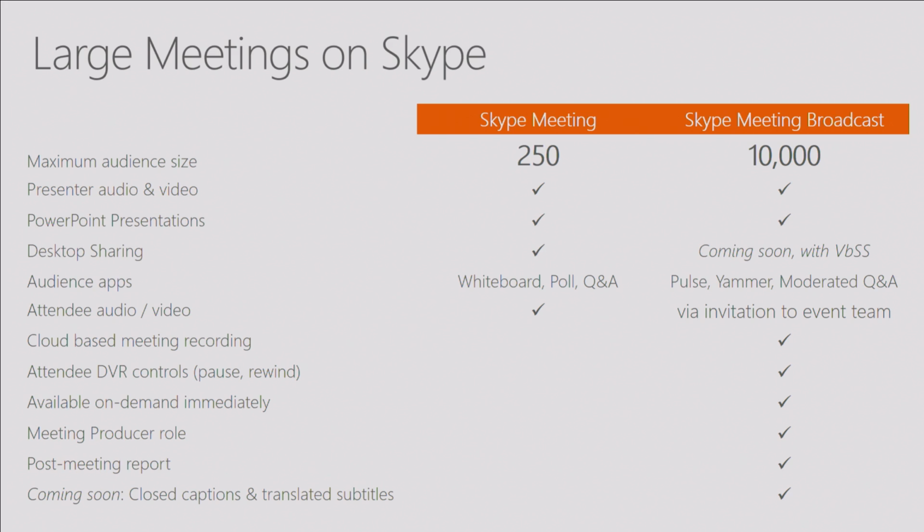We've seen people do things like use the Q&A as sort of a raise hand function, like, I have a thing I want to ask, can I be promoted? The event team members can actually invite somebody into the inner meeting as a presenter. They can add their audio there, and they can contribute in that way. So it's a promotion mechanism that we have to use. We can't do it really inline, but it can be achieved through this invitation tool.